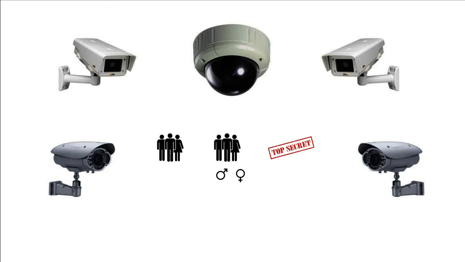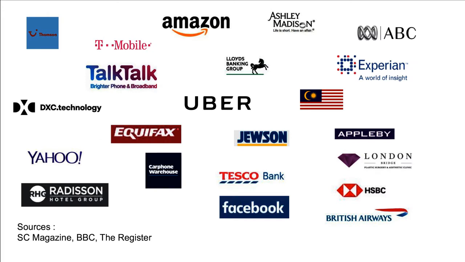Now, that information about people could be very, very sensitive. It could be some basic stuff like addresses. It could be information belonging to our customers, or it could be information belonging to our staff. Either way, we need to protect it properly. Well, all that sounds reasonable, doesn't it? And you'd think it'd be pretty easy to do. Well, I wish it was. It's very hard to do. It's very hard to protect the information that is important to us. And companies from all over the world, in all manner of different avenues of life, get it wrong.